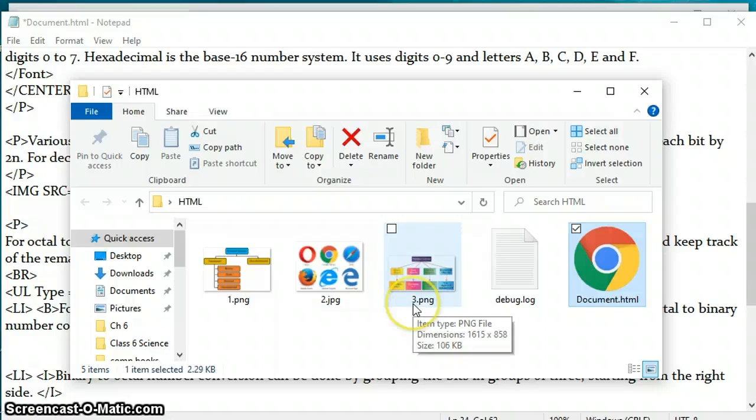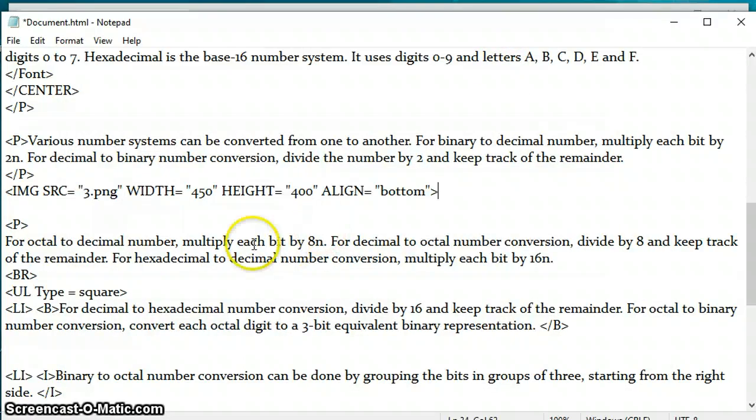The name was 3 and the file extension is .png. The size I have mentioned; I have already told you how to change the size, that is, I have to mention width and height in pixels. And I have written align equal to bottom, so I am aligning it at the bottom.